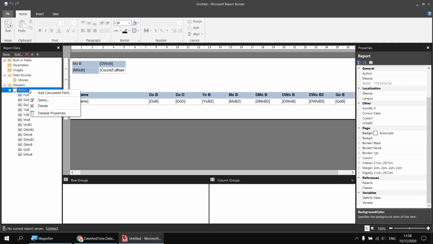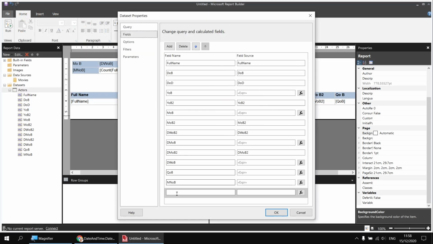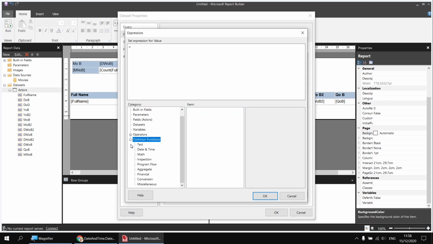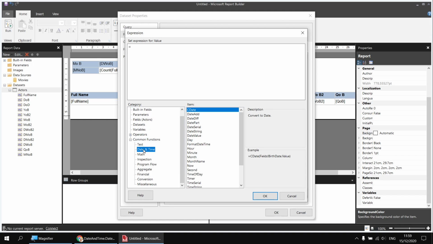Let's add a new calculated field to the actors dataset. We can right click, add calculated field. I will call this one DWNOB, so day of the week name of birth, and then hit the FX button, head to the Common Functions category, and again, while I have a range of choices for how I can do this, I'll stick with the standard approach for now, go to the Date and Time category and find the WeekdayName